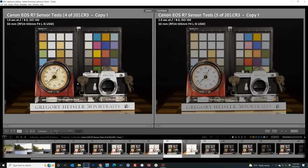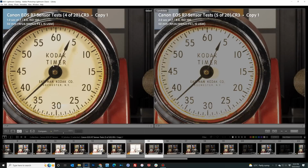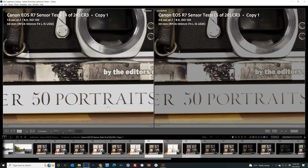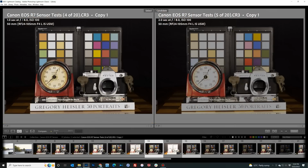Now, we find our practical limit between the 3 and 4 stops of overexposure. And so here you can see that even after an attempt at recovery, some of the color swatches, the information has been lost. We can see looking at the timer face, here it was on the edge, but here there's no question. There's a lot of texture information that's lost. Likewise on the face of the camera, it just doesn't look natural any longer. Down here on the book, we've lost the ability to retain some of that contrast. There's just texture information that is lost. And so that is our practical limit, but still you can see that we're getting a fairly decent performance,